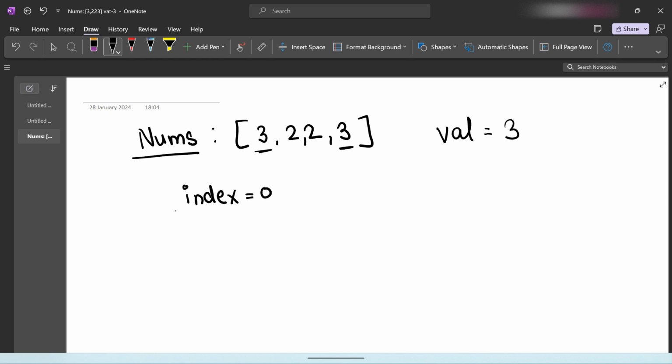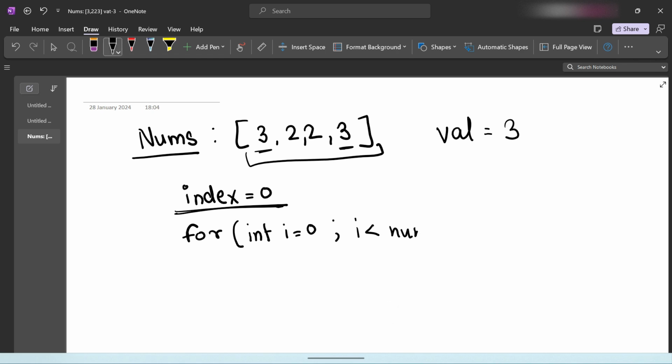We are starting with index equal to 0 and we are traversing by using a for loop starting from 0 until the length of the array. So i is less than nums.length, and i++ because we have to iterate the whole array.